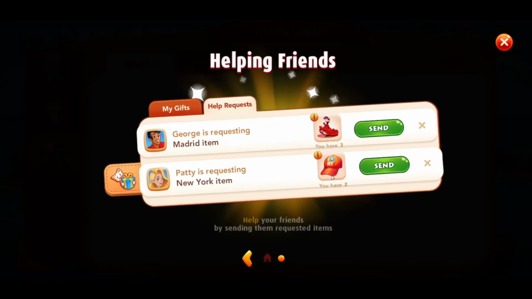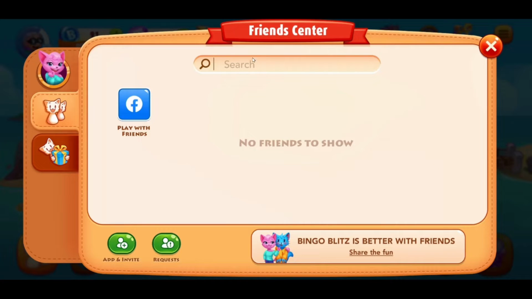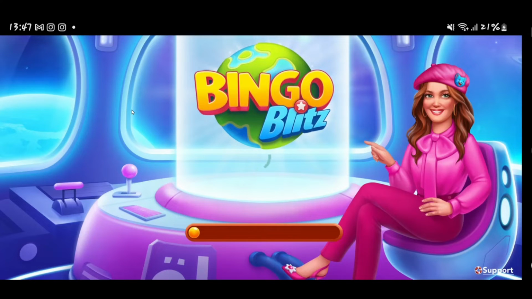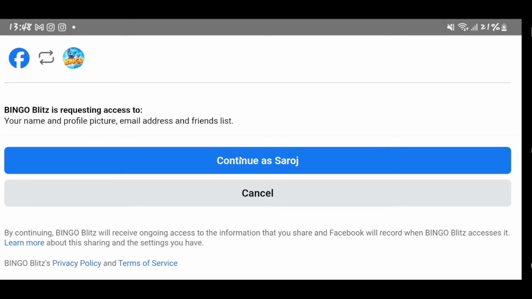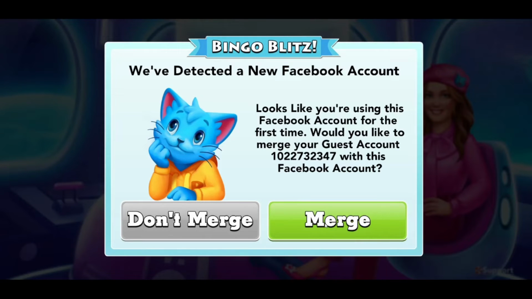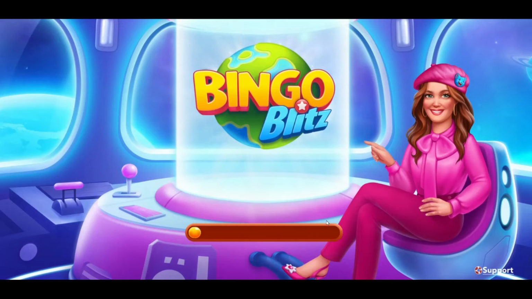Now skip through the intro, and from the home page of the Friends Center, you will find the Play with Friends option. Go ahead and tap on this, and you might be asked to log into your Facebook account first. If you haven't already logged your account in, just tap on the Continue As button and your Facebook account will be connected. And now you can tap on the merge option to connect your account with your Facebook account,